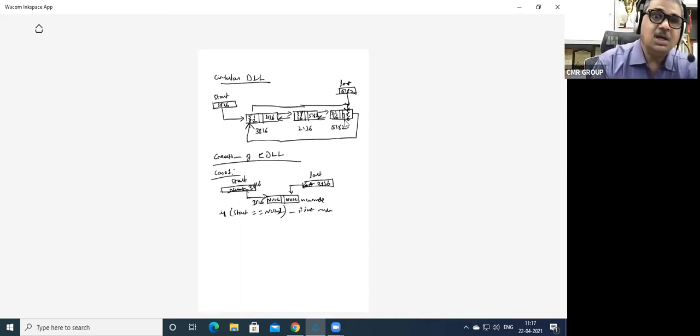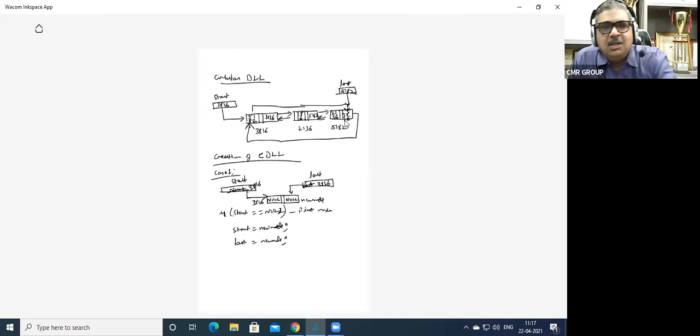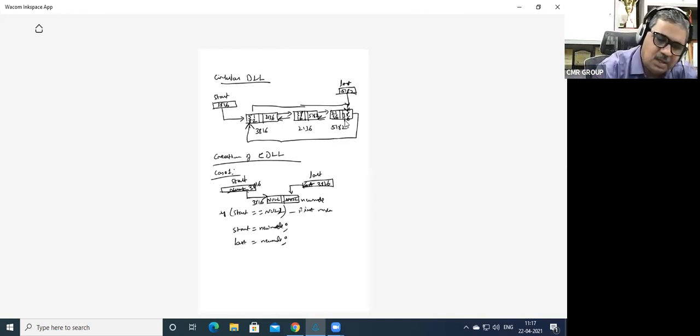What are the steps involved? Start is equal to new node, last is equal to new node. These are the two steps which are involved, but there are two more steps. That is, this null is overwritten with the first node. What is the first node? 3816. And this null is also going to be overwritten with 3816.